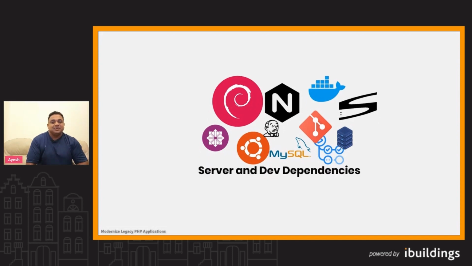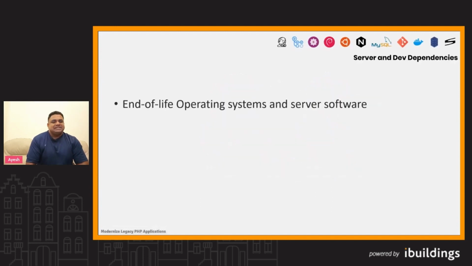So let's also talk about server and development dependencies. Like libraries, they also tend to get old. They get abandoned. For example, Jenkins. I mean, it's technically alive, but you don't see Jenkins every day. CentOS, it just went kaput. There's no CentOS anymore. Well, there is, but it's not the same. SVN, you're probably stuck using SVN, and you're probably wanting to move to Git, but there's so much legacy software